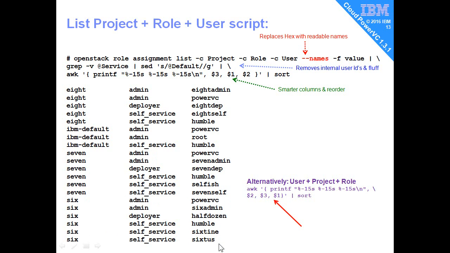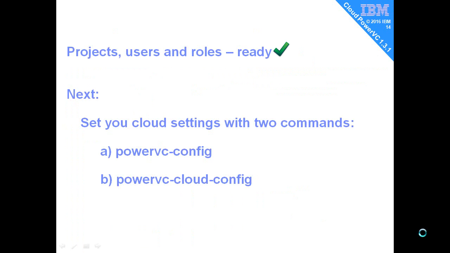If you want to look at it the other way, looking up a particular user and what they're allowed to do, then you can just reorder the columns in awk at the bottom there. So this lets you do a quick audit. Have I got them set up the way I thought I was setting them up before we proceed to actually start using our projects? So we're happy now that we've got the project users and roles set up,